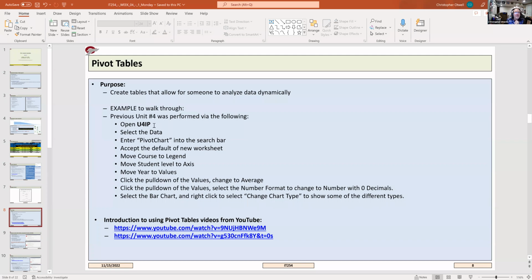I didn't bring up that particular file, but generally in pivot tables, you create pivot tables based on a set of data so that you can manipulate the data in a manner that allows you to